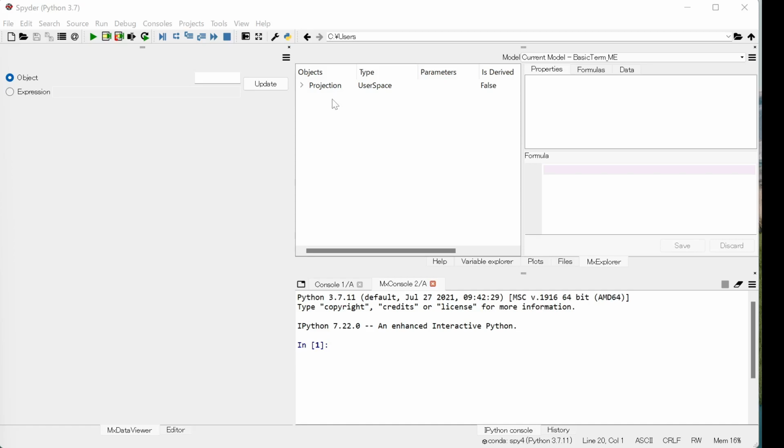MxDataView is useful for examining the values of ModelX objects, but the previous version has some limitations. The first limitation is the link between MxExplorer and MxDataView. When you examine an object in MxDataView, you first need to select it in MxExplorer. This behavior is inconvenient when you want to keep checking the same object while changing other objects' formulas or values